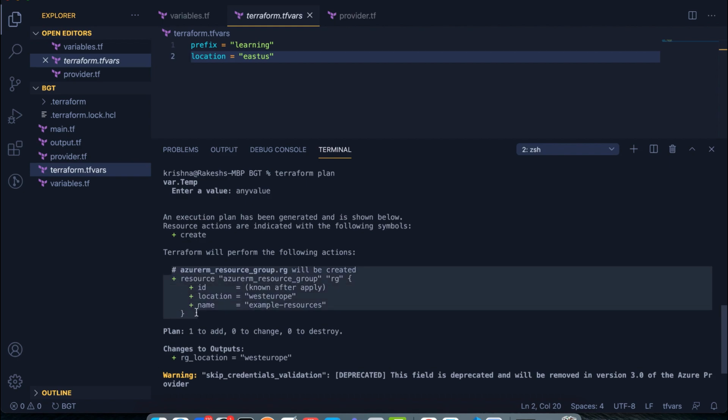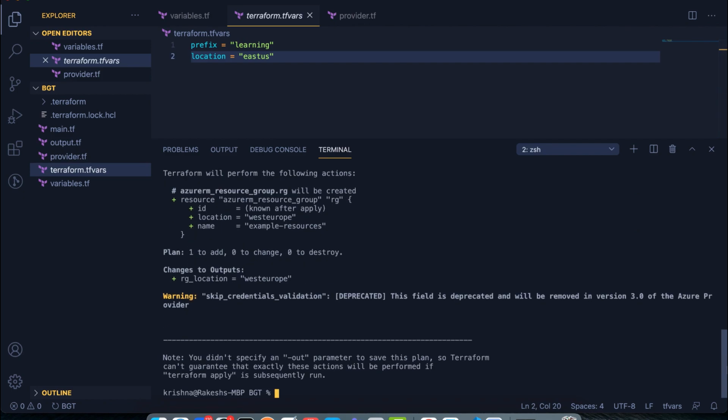and once the plan is run successfully, you can see that this is what I am getting. The plus signs mean that this is the resource which it is going to create in my Azure subscription. Okay, and this is what the changes look like, and this is what one of the outputs will look like. So output location, which is West Europe, it's declaring,